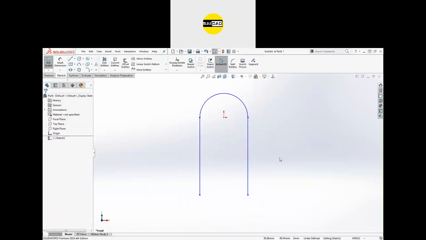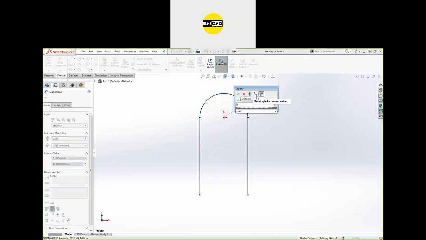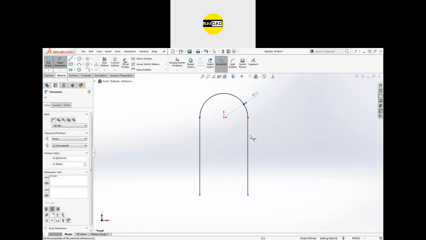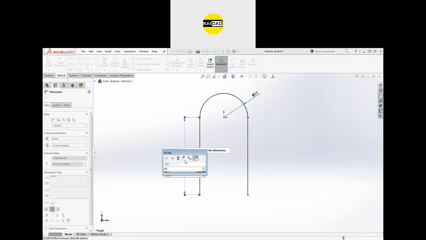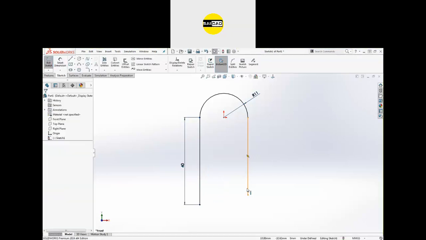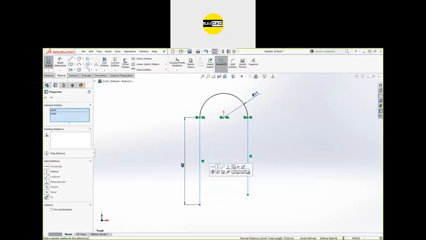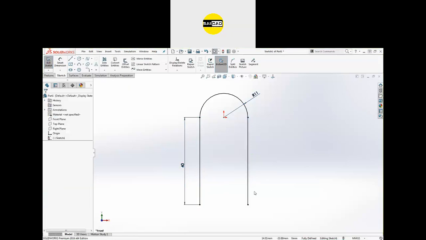So the radius given is 11 for the inside, and the depth we have is 40 from here. So the dimension for this line should be 40. After that, select both of the lines, use the equal constraint, then we have the radius of 24 at the outside.